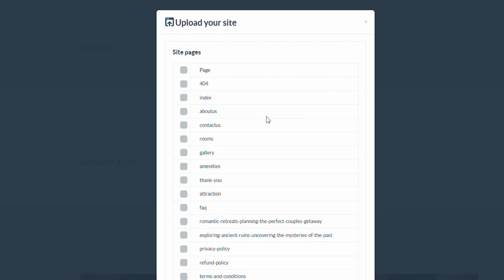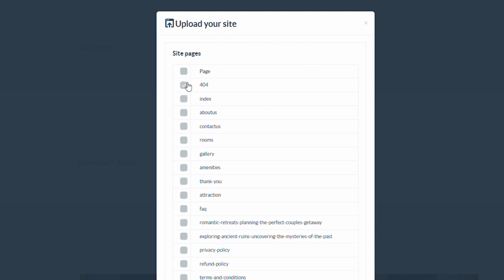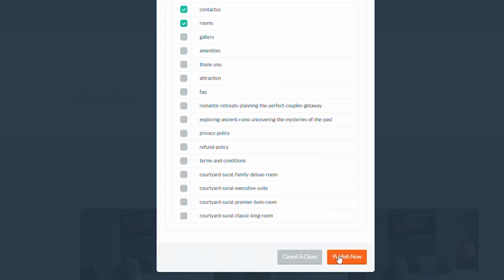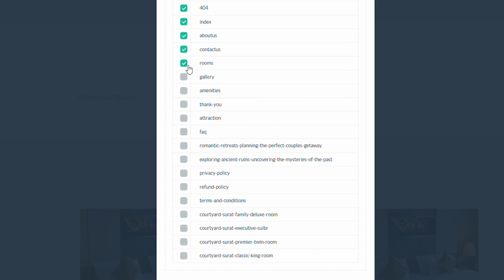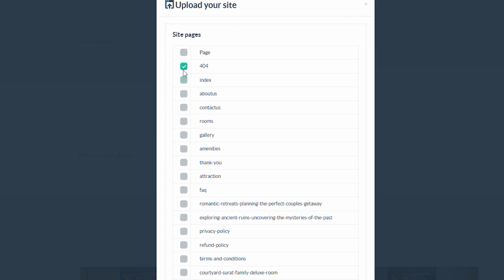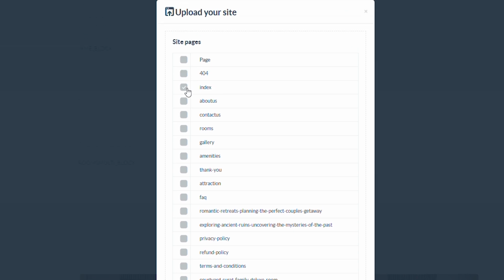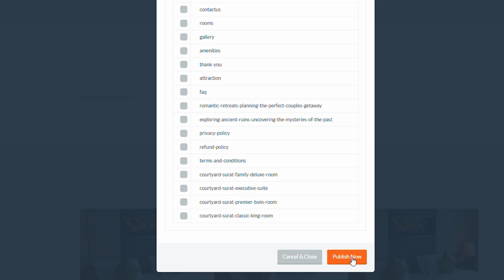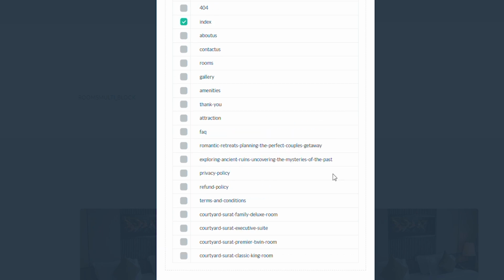If you want to upload any particular page, you can click from here like this and then publish the page. If you want to publish one single particular page, you can deselect the others and then publish that one page. So it will only reflect on the front view of the website, so publicly everyone